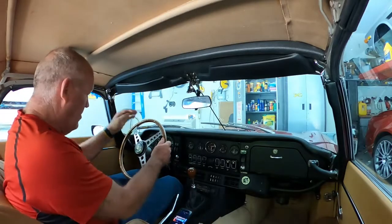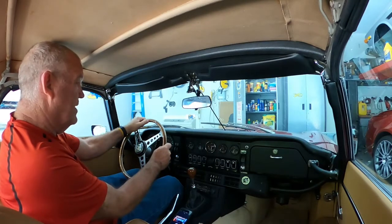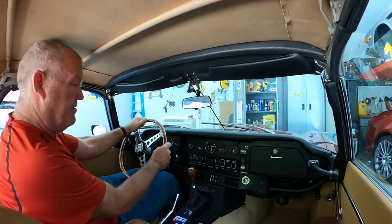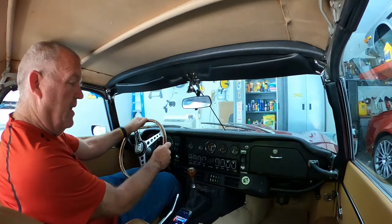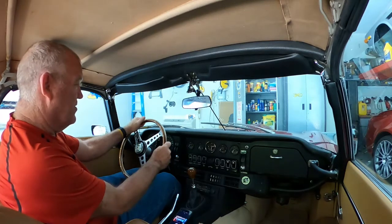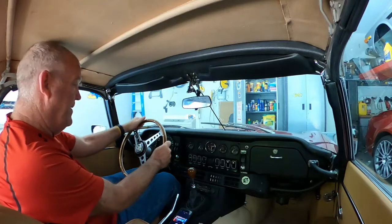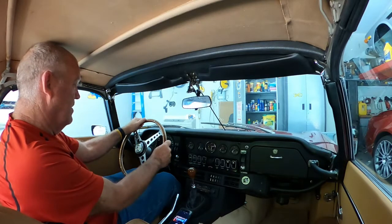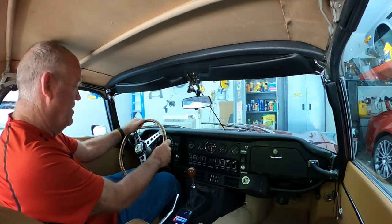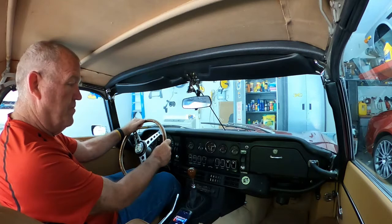Alright, today we're going to go for a test drive in my 1973 Jaguar XKE Roadster Series 3 V12. I'll mention this happens to be the first collector car that I ever purchased back in 2001, based on it being one of my dream cars, one of my primary dream cars, and the choice was between